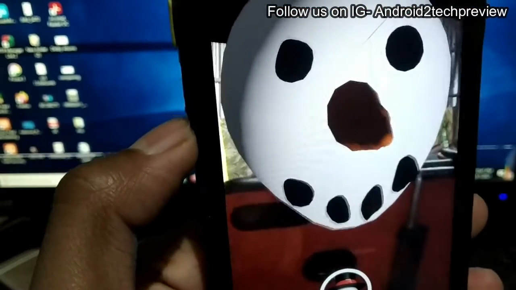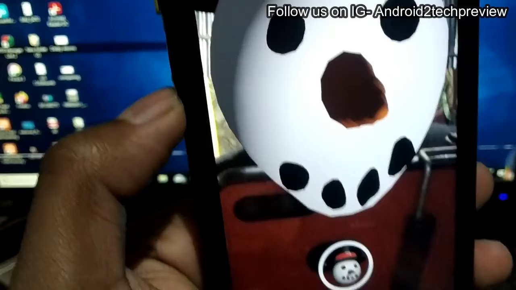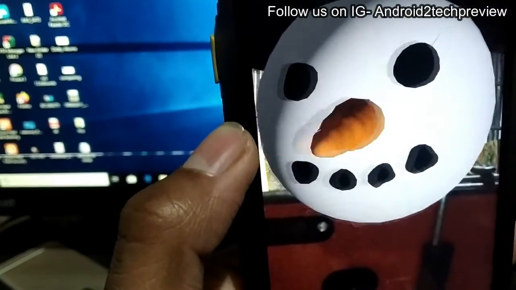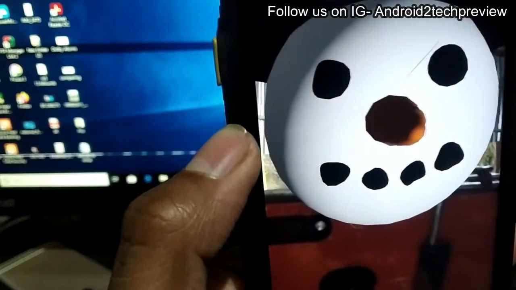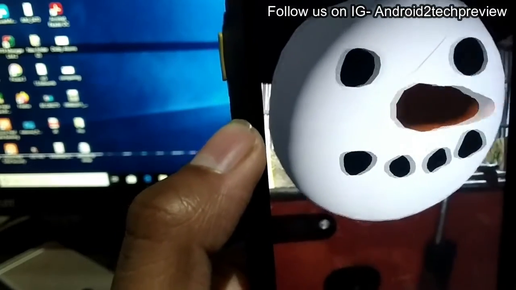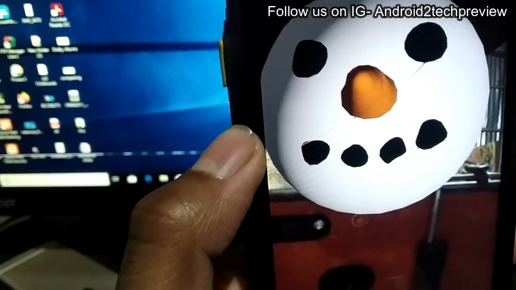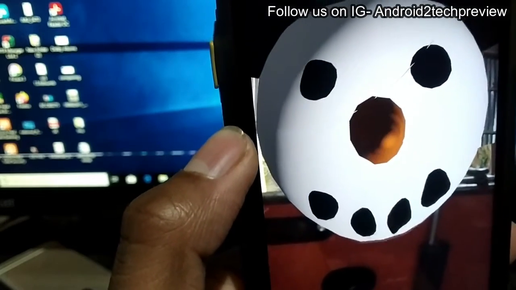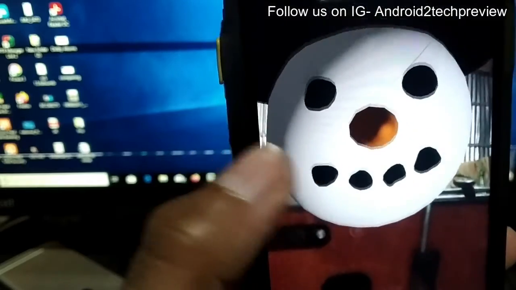Whenever I move my head left and right, you can see that it's working, and you can also record it, the same as with the previous one. So yeah, this is the second alternative you can use on your iPhone, and you can also record it.